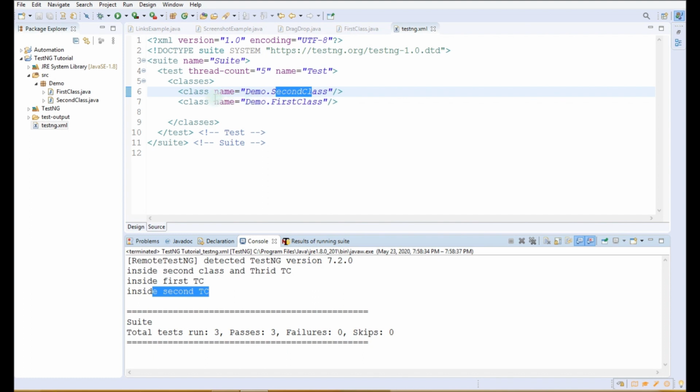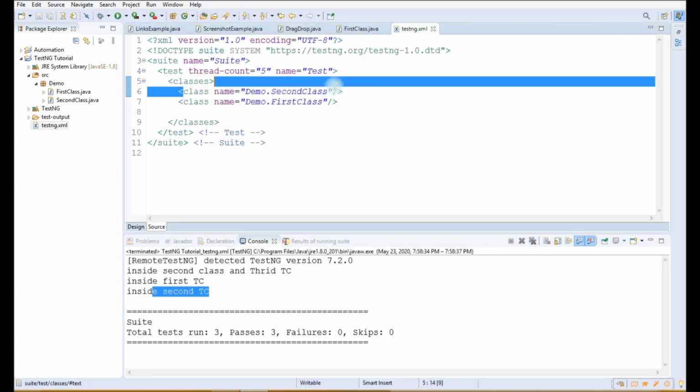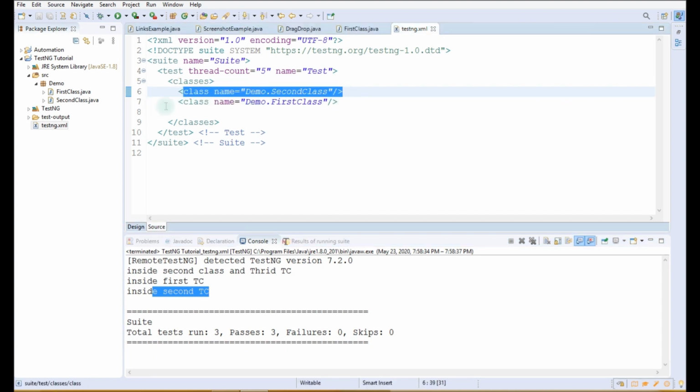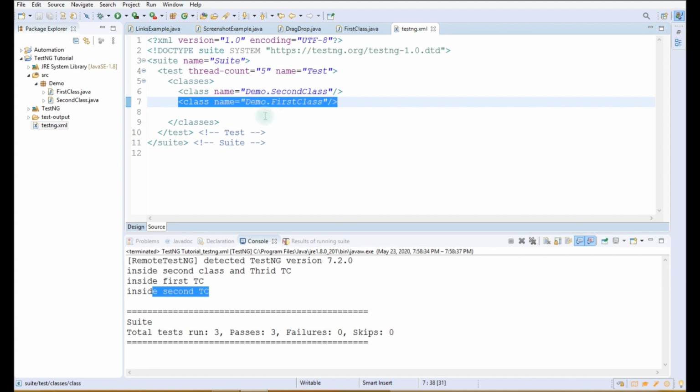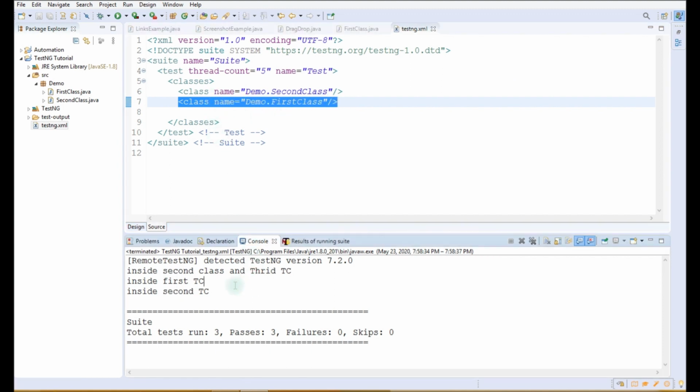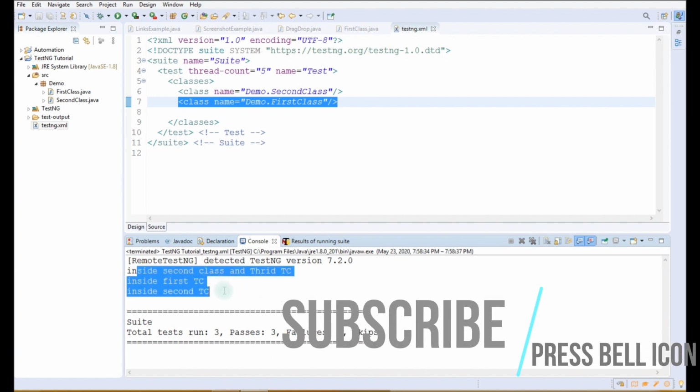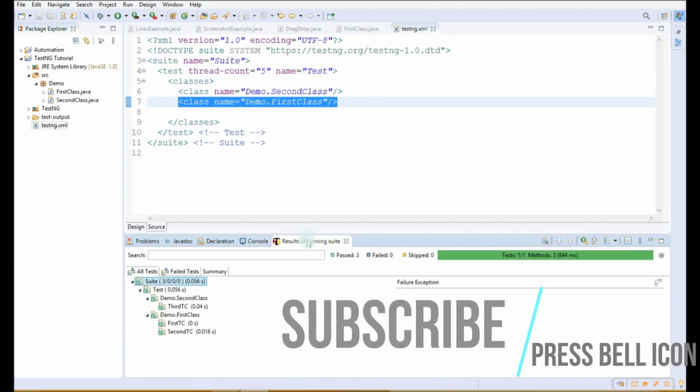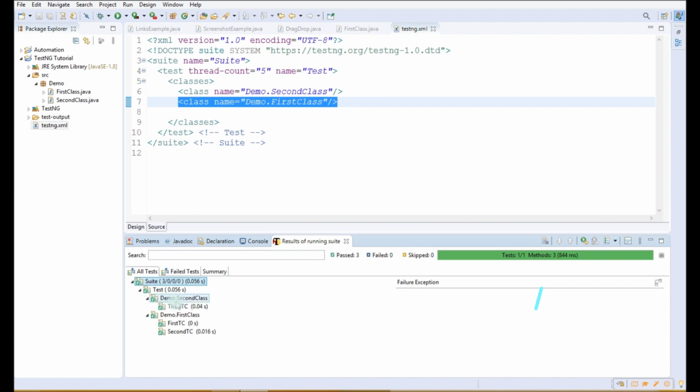Whichever class is written first will be executed first, and after that the other classes are executed in sequence. When we click on the Results tab, you can see the second class is displayed above the first class because it was executed first, and after that the first class was executed.